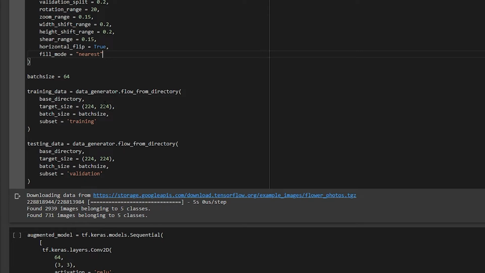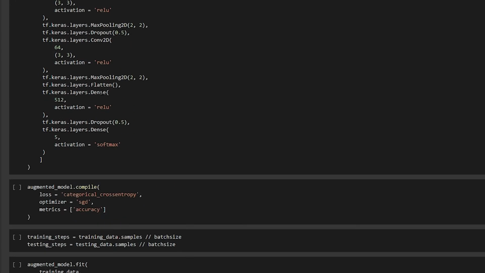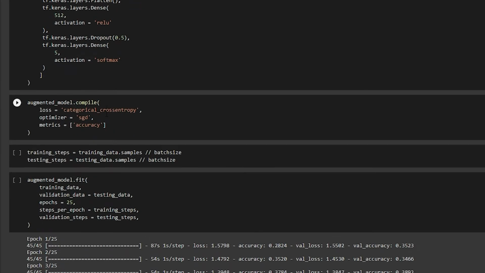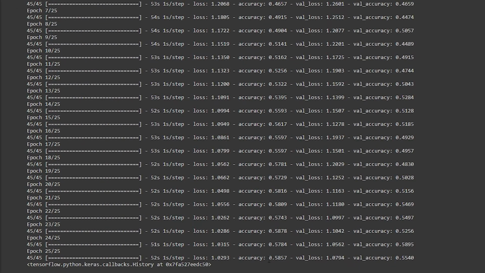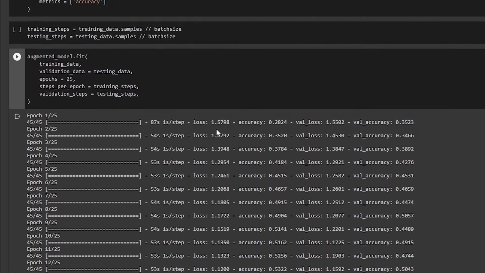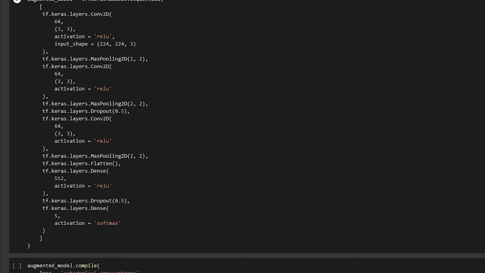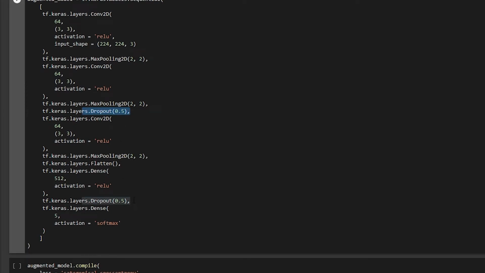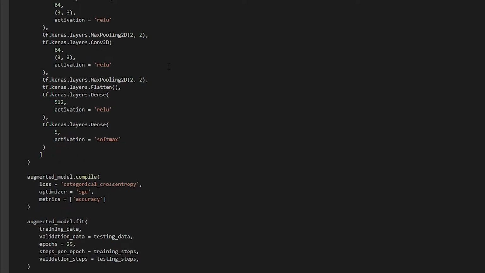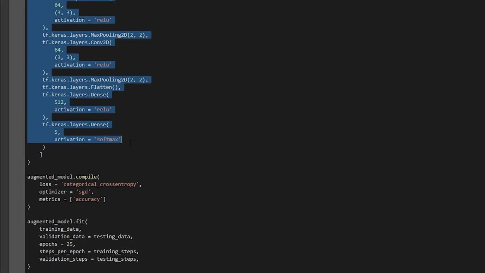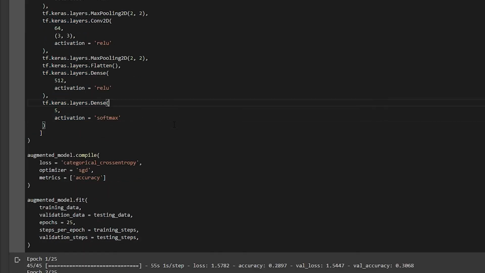Then the typical training procedure, where I make a neural network, compile it and fit it, and later on I have a particular accuracy. Now you might be wondering, why such a low accuracy? I wanted to prove to you that augmentation can work pretty well even if you don't have dropouts in it. In the earlier one, I'm actually trying to regularize the model, but now I have also given you one more example where I'm not regularizing. So this network does not have the dropout regularization yet.